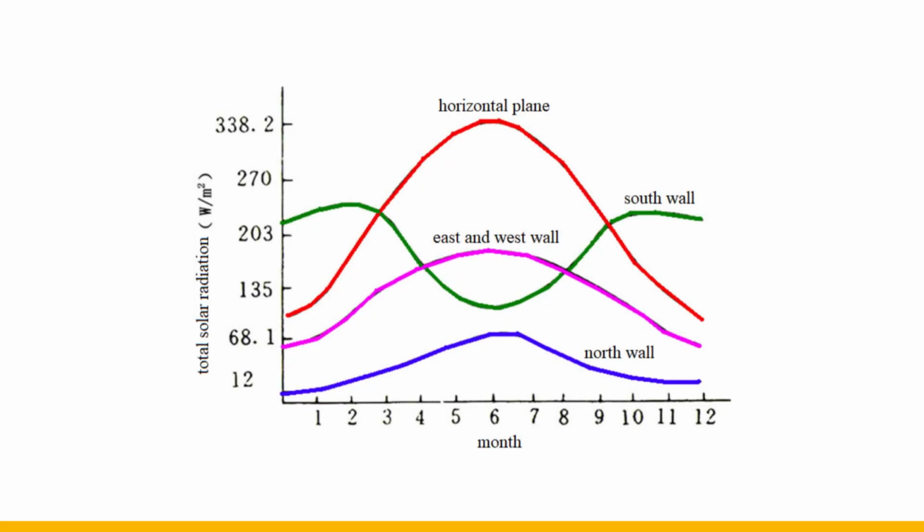This figure reflects the solar radiation intensity of a place on the roof and the external wall in a year. It can be seen that the solar radiation intensity of the horizontal plane in summer is the largest, and the solar radiation in winter is low, resulting in cold winter and hot summer, which is unfavorable throughout the year. Therefore, the horizontal area should be reduced as much as possible, and the main rooms and air conditioning rooms should not be arranged on the top floor.